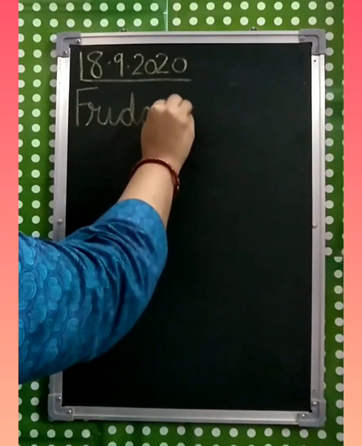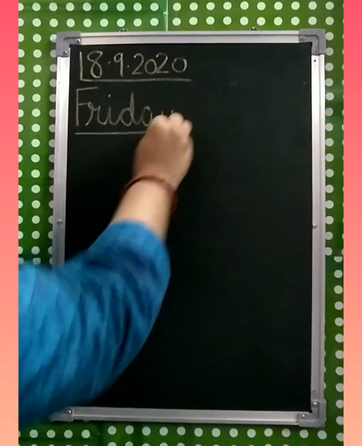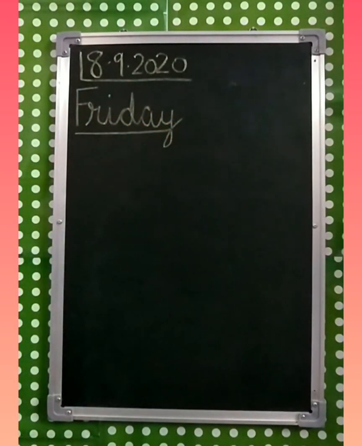Today is Friday. So children, from now onwards, you are going to ask your mommy and papa what is the date today and day and date both. Is it clear? From today onwards, you are going to ask your mommy, papa, mama, please tell me what is the date and which day. Is it clear? So you should learn this date and day.